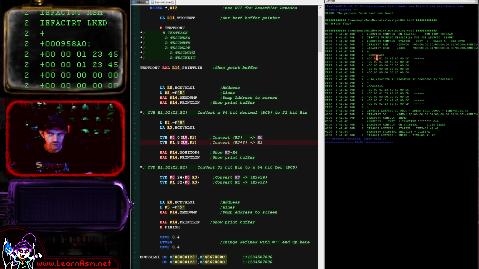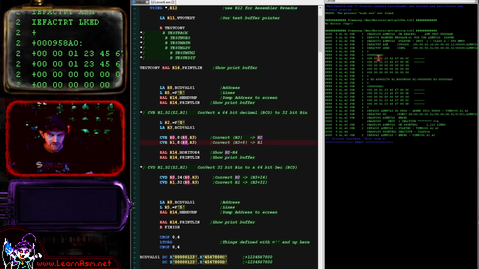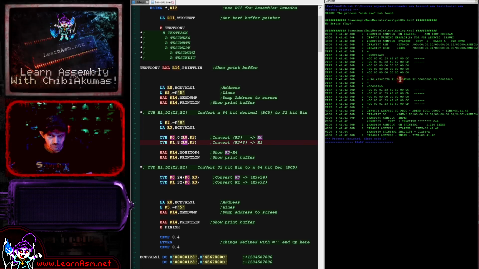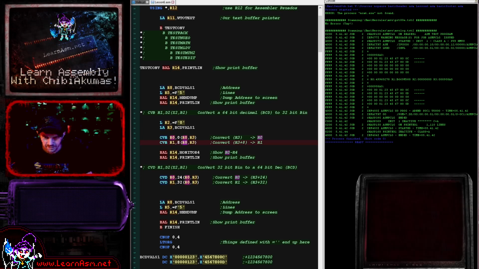Now we're showing on screen here the results, so you can see the sequences in memory here, and then we're dumping the registers to the screen. So how are we going to test this? Well, I think we need the calculator. So let's fire up the calculator here. And let's type in